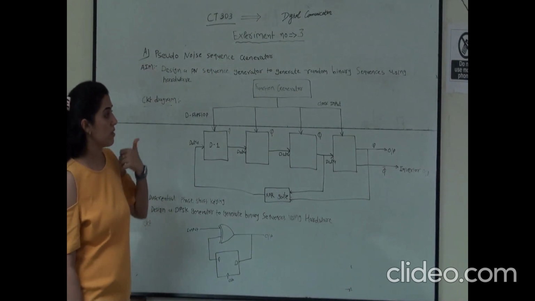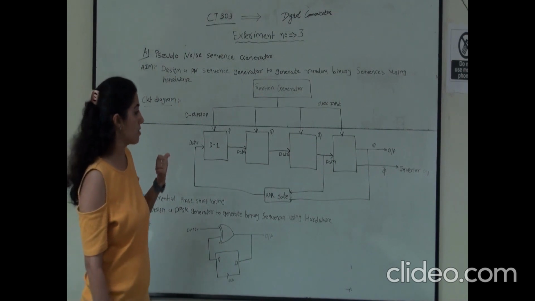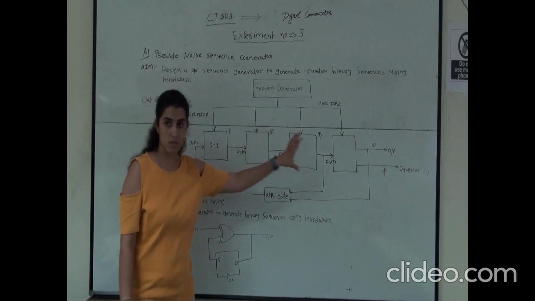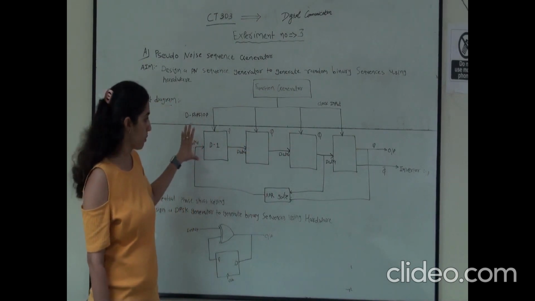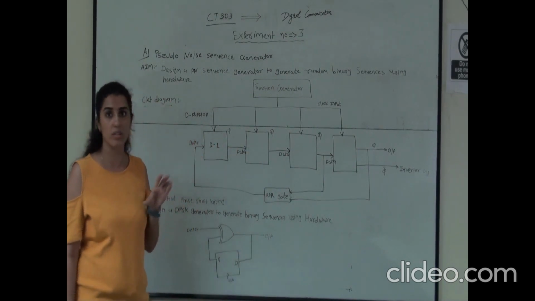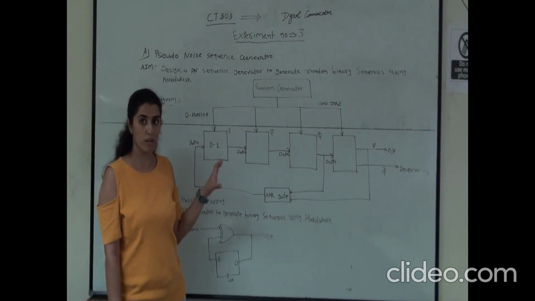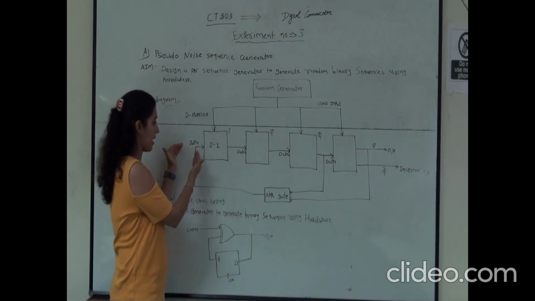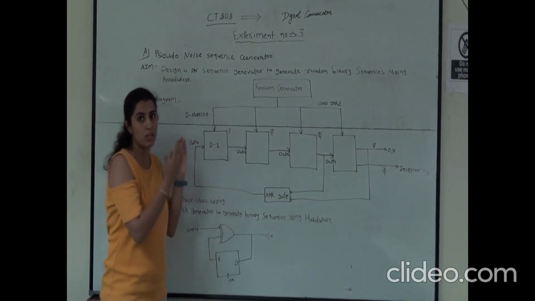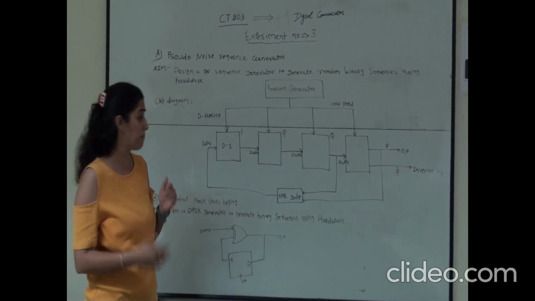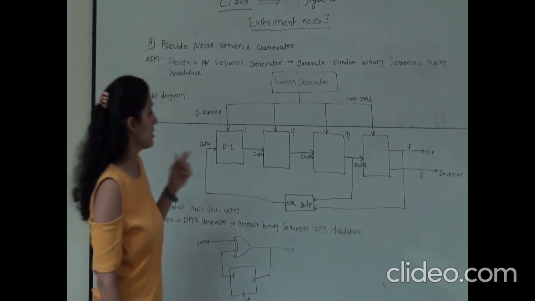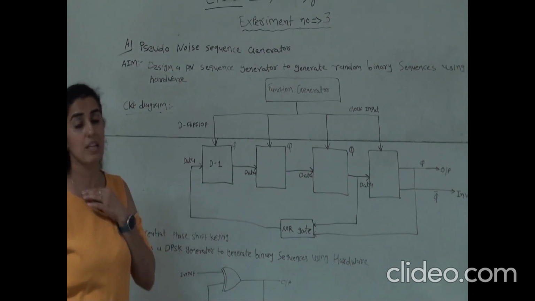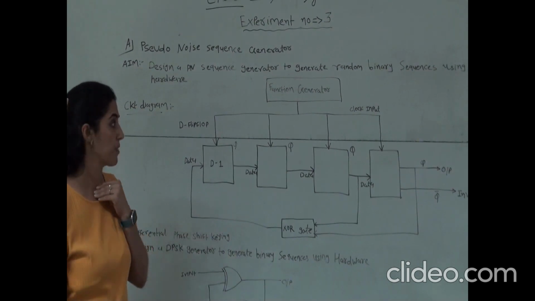Moreover, here the basic concept is the linear feedback shift register. We are using shift registers made of D flip-flops. This is a ring counter which you have already studied. The D flip-flop you have already studied. D is said to be a delayed flip-flop. That is, whatever is there at the input you get at the output, but as a delayed version of the input. And here a feedback is used. Hence it is called a linear feedback shift register.